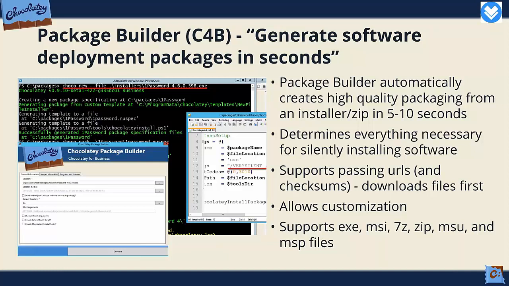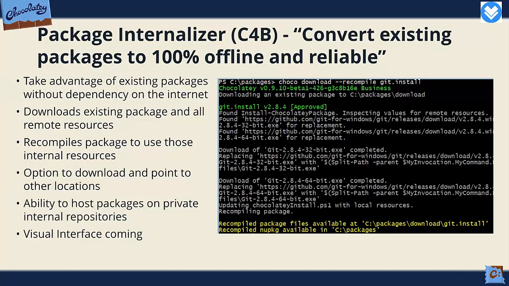Fortunately, we do have our package internalizer, and so this allows us to look at those 5,000 packages on the community repository or somewhere else, and reuse a lot of the logic in those packages, but make them 100% offline and reliable. And it does that by downloading the package and then finding all of the components where that package downloads resources, and it downloads them and either embeds them into the package or preps them for somewhere internal. Now, it does this in a matter of seconds,